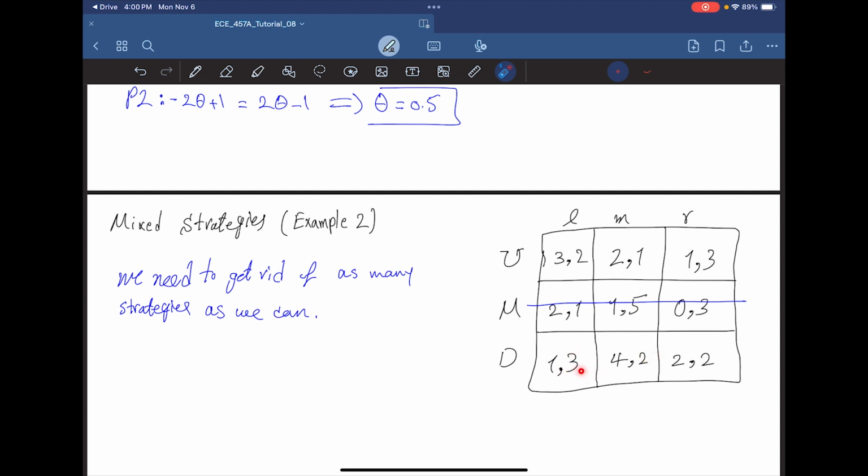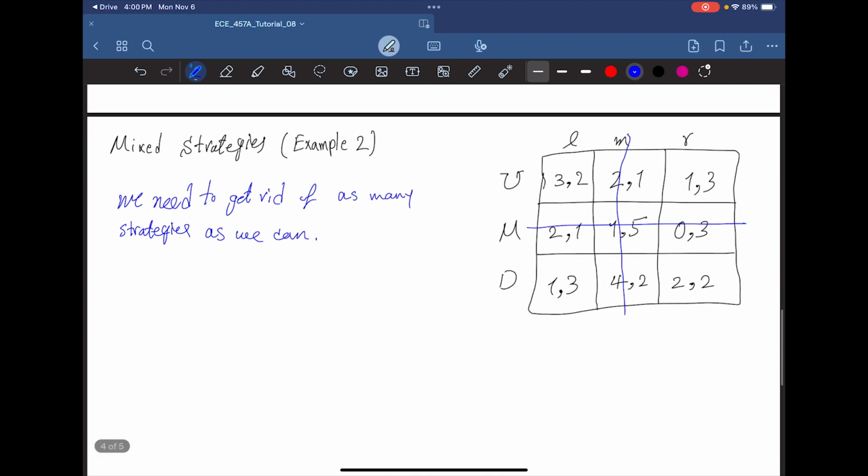So we have two values, 3, 2, and 2 greater than 1. So we can say that L dominates M, or M is dominated by L. Therefore, we can get rid of M as well. And we will end up with